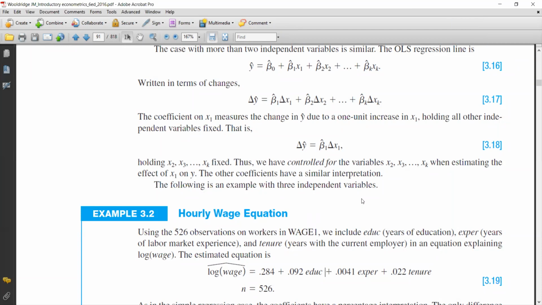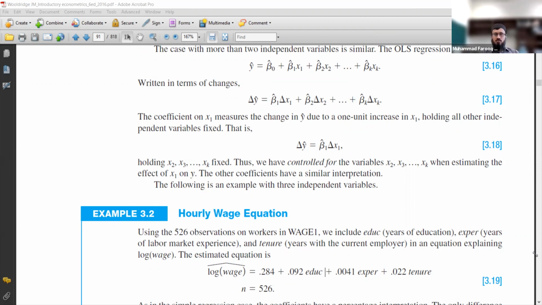Yes, sir, it would mean that if we hold experience and tenure constant, then an increase of 1 unit of education would lead to a 0.092 increase in the wage. Right. So if I hold experience and tenure constant and then change education by 1 unit, so that language suggests